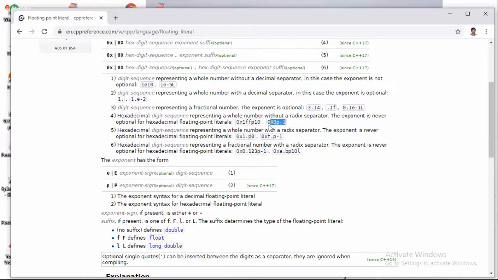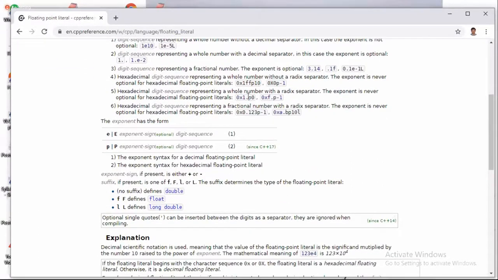Yeah, here you can observe. Are you catching my point? For a hexadecimal floating point literal, you have to use p followed by 10. Just go through it, because last batch I tried to execute it and so many students got confused. Whatever I had explained, everything they forgot, because they are not that strong mathematically. Those people are getting confused. Are you catching my point? That's why I'm not going to talk much about this point.